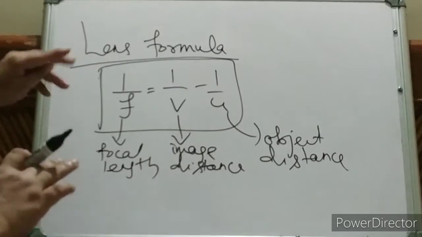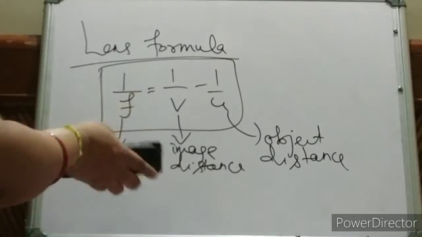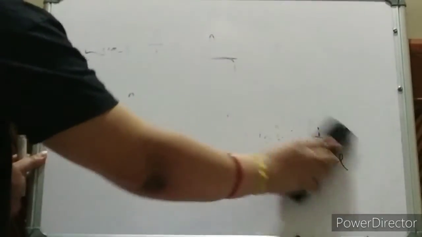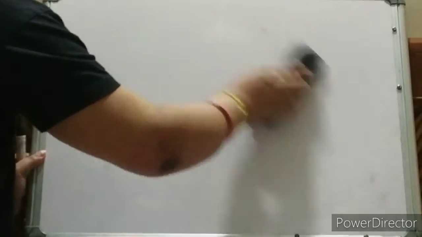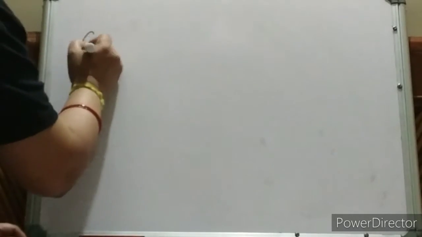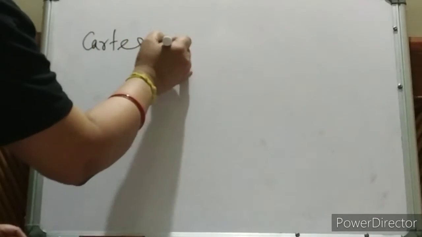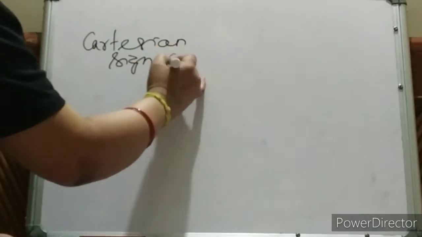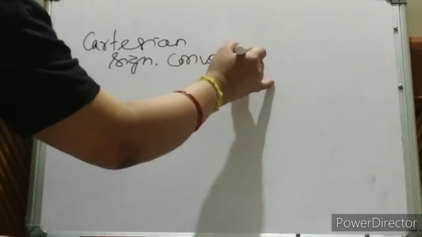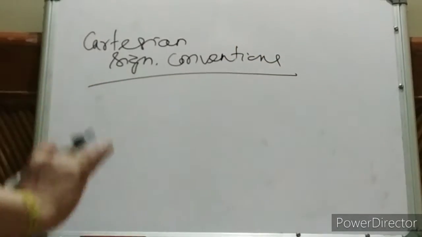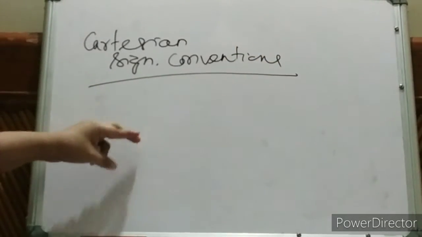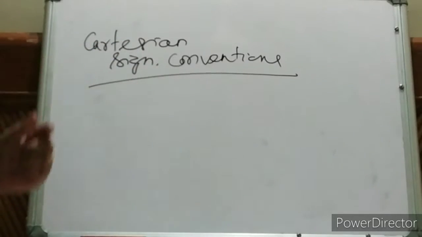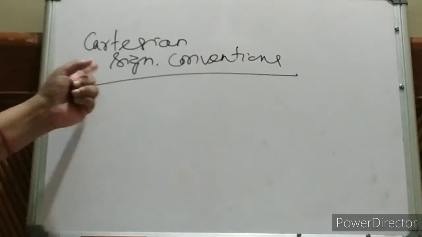Before using this formula we must know certain rules on how to use it. Just as we studied different sign conventions in the case of mirrors, in the same way we are going to use Cartesian sign conventions. We are going to use certain rules so that we can solve the numericals using the lens formula. First point,